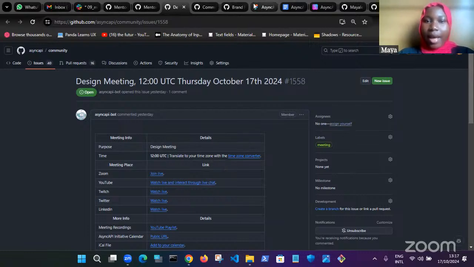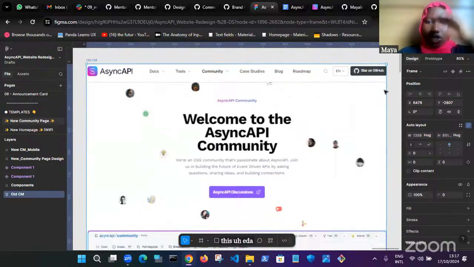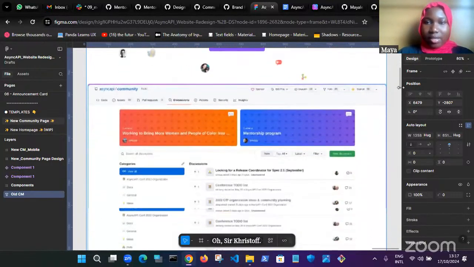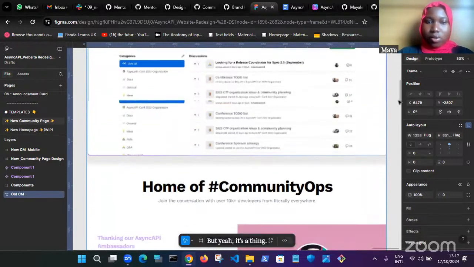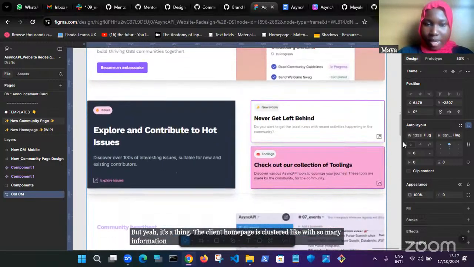Okay, so if you look at this page, this header looks very nice with the old circle stuff. But here is the thing. The current homepage is cluttered with too much information.